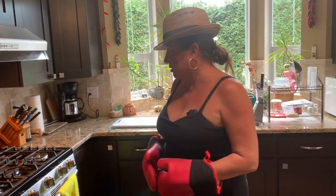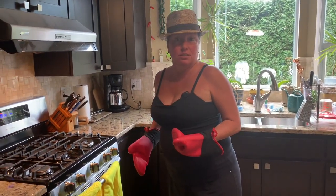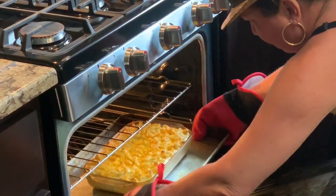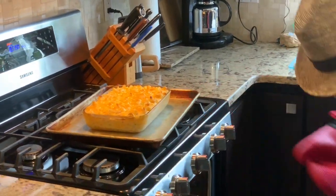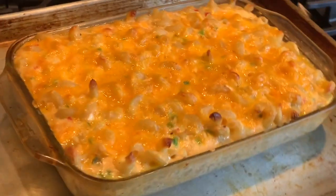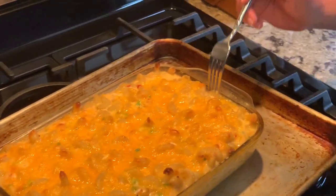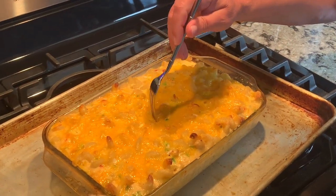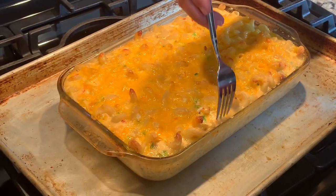Okay, we're back. So it's been about 30 minutes actually, and let's see what it looks like. It smells glorious. Oh yeah. All right, so we'll just check the consistency. Now that's actually looking really good. Too much in the middle. Go for it. Okay, so it still obviously needs a bit, but I'm really pleased with how those edges are turning out,